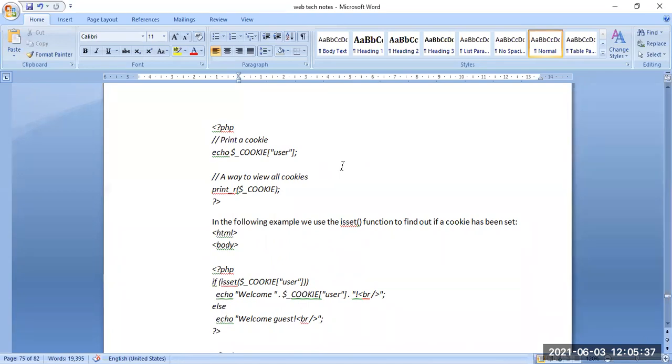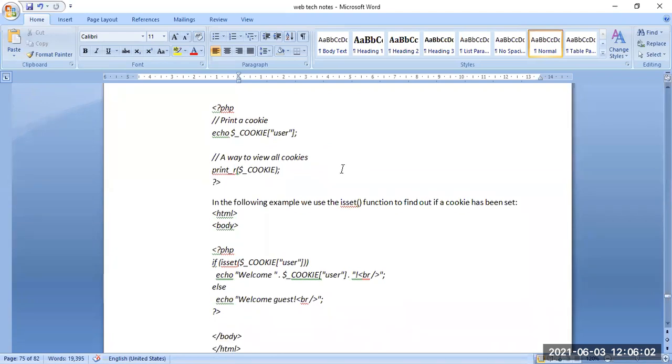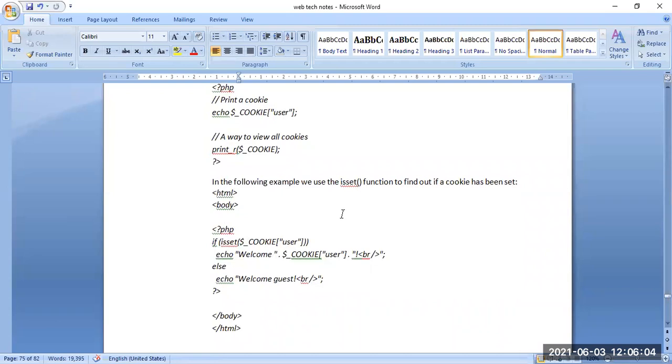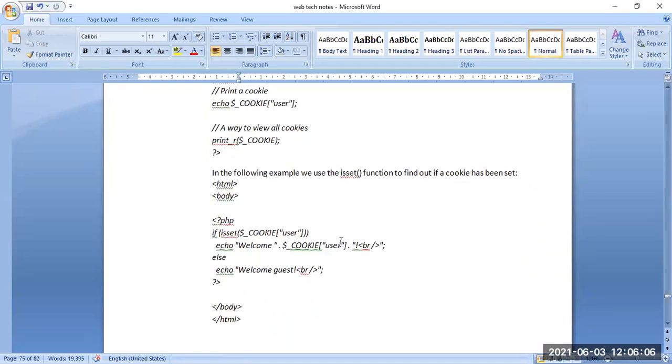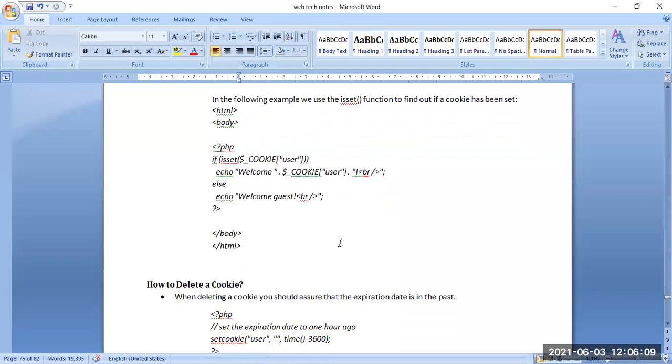In the HTML body, first we check if isset of the cookie user, using the isset function, to check whether the cookie has been set or not. Then it welcomes the cookie user, and otherwise, it shows the welcome guest.